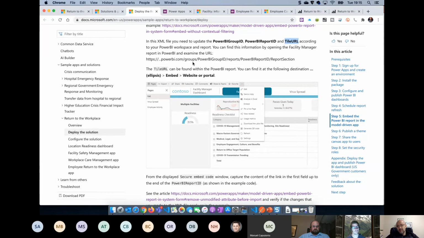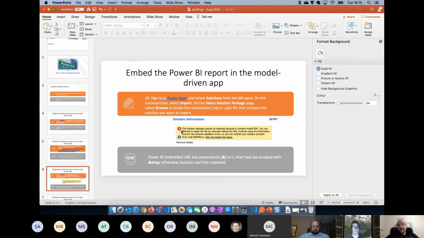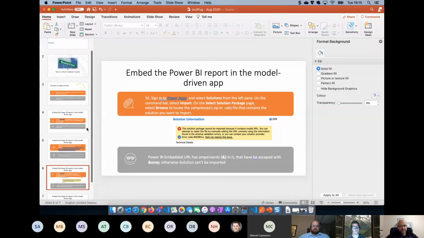Obviously, when you try and import that into Dynamics, it's going to tell you that it can't because the XML content isn't using a valid schema. So you need to escape the ampersands with an ampersand and then AMP semicolon to make it acceptable for XML in order to import the solution back into Dynamics or back into the Power Platform.